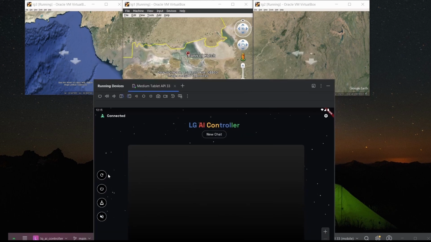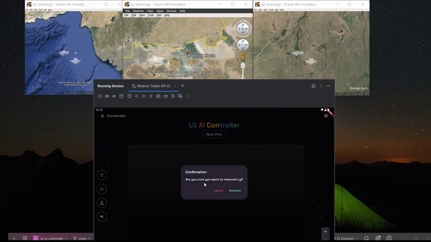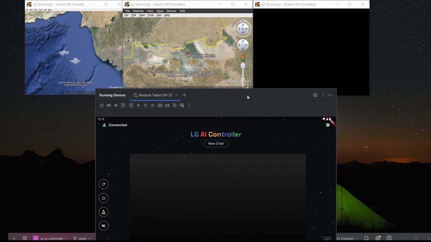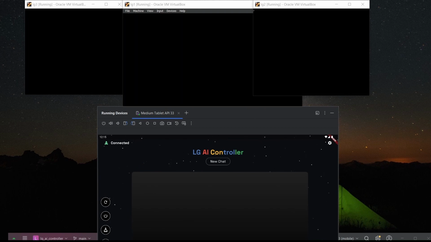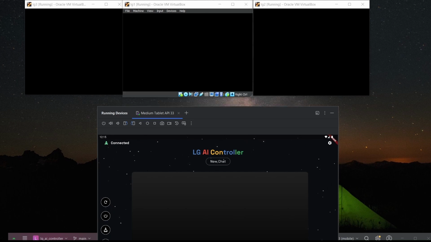Now we can click on the relaunch LG button, and if we click on continue, it relaunches the rigs. As you can see, the relaunch rig functionality has been implemented.